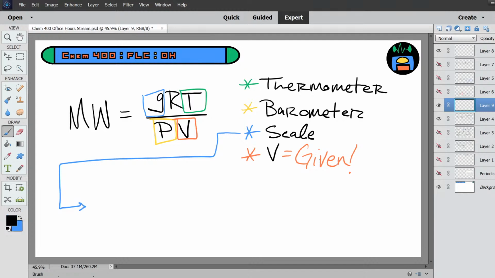The way you get your grams is you are given the mass of the aluminum foil plus flask plus rubber band